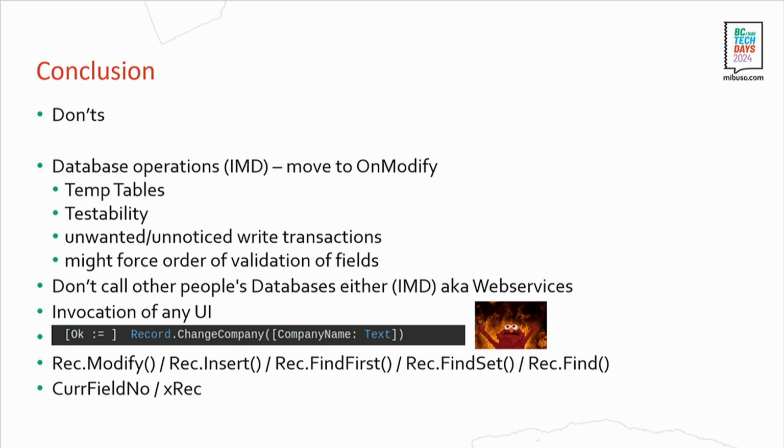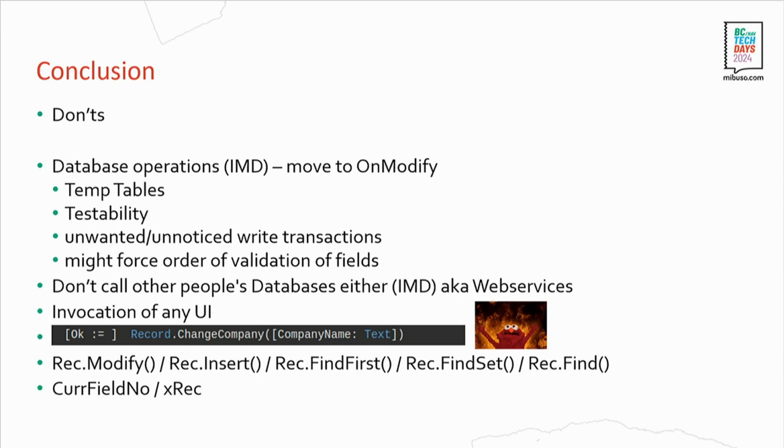Yes, I mean, and then also all the other Rec functions we listed there. If you just do an insert in a validate like this, if the caller doesn't know about this, not all the primary keys might be filled, and then this runs against the wall and modifies for the same thing. If you do not want to call the modify until everything's filled, then the validate triggers call the modifies in between. It doesn't make really much sense. And then also like jumping to other records.